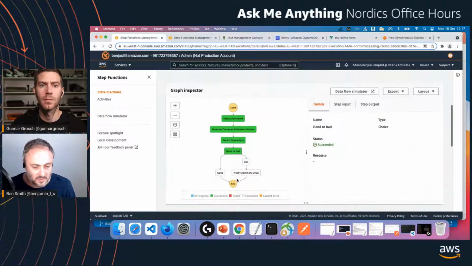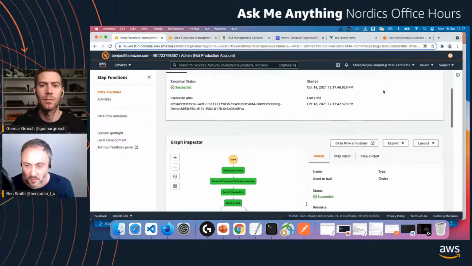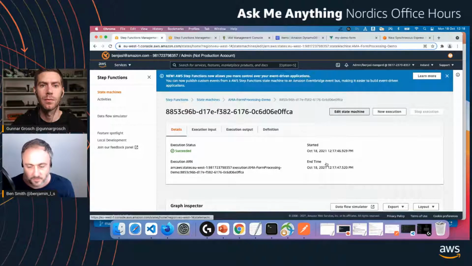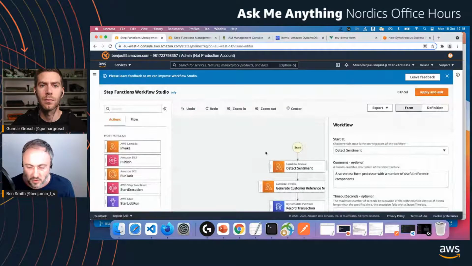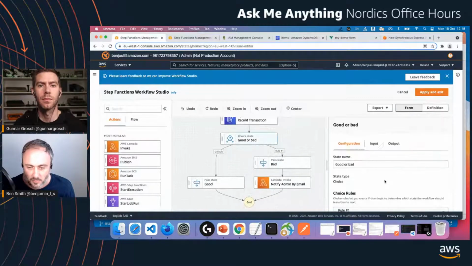Oh, in fact, it hasn't. So we've probably not set something here to tell it to go down this path, right? So we can go into edit this. Look like that, stop at the choice state, and we go to Workflow Studio. Perhaps I didn't set that